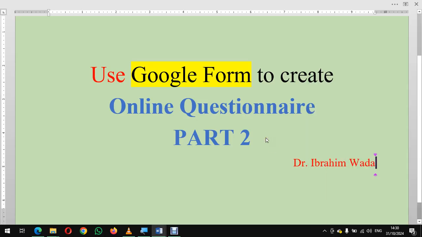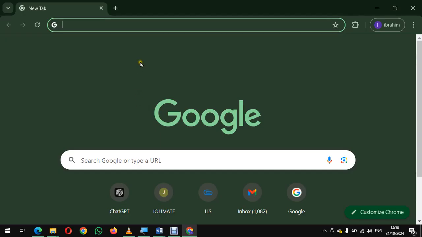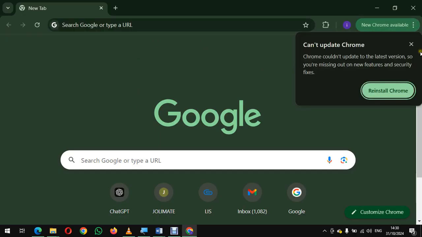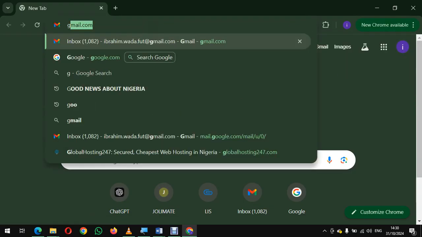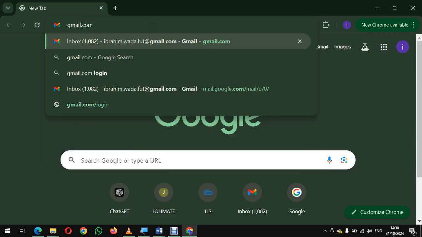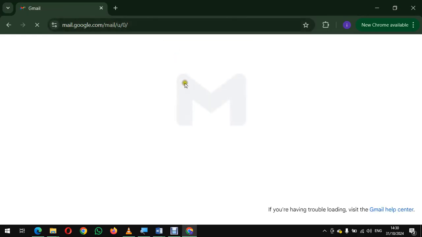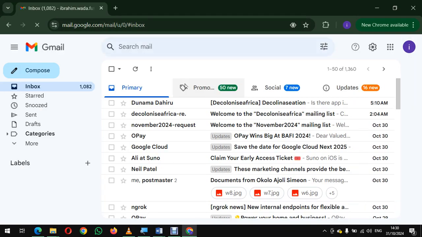And the second step, as usual again, is to click on your browser. And here comes my own browser. What I need to do is to go to gmail.com. I'm going to type gmail.com and press enter. My Gmail automatically logs me in. In your own case, you might need to log in fresh. I've logged in before and my username and password is saved in the browser, and that is why it automatically